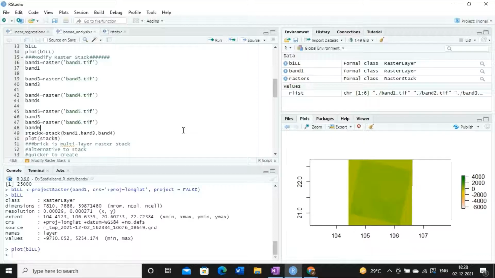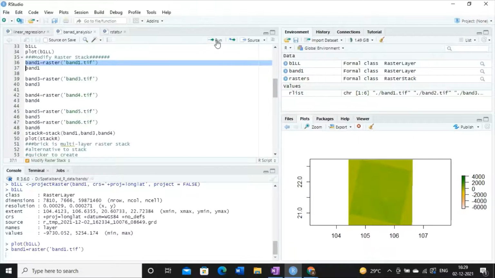So changing coordinate is one part. Now we have to understand what you mean by raster modification. So I have already discussed raster stacks. That is, a particular raster is having several bands. Now we will run the code where we will understand how to stack different bands of a particular raster. So for that purpose, what I am doing is loading the bands that are in my input folders.